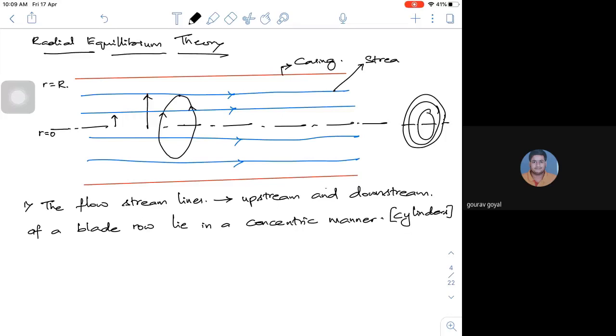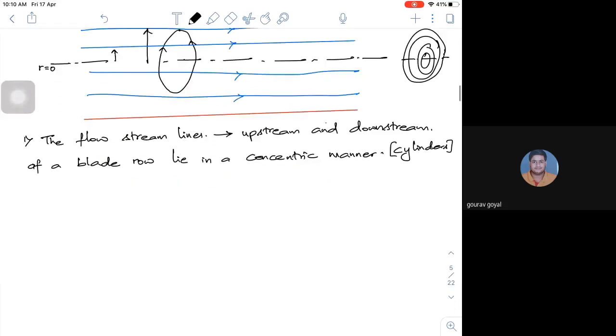Streamlines, which I have shown in the blue color, are all concentric about the center point. If I take the upstream as well as the downstream, and what I have shown here to the right-hand side of it, they are concentric about the axis. So there are a number of streamlines. I'm trying to show one or three or four streamlines, but there are a number of streamlines which are concentric in manner, or we can call it, if you consider the whole axial flow from inlet to exit as a pipe, they all look like concentric cylinders. This is the first thing we have to consider.